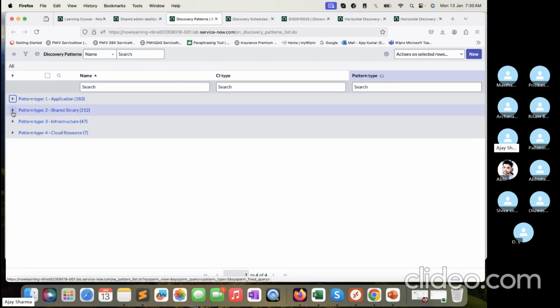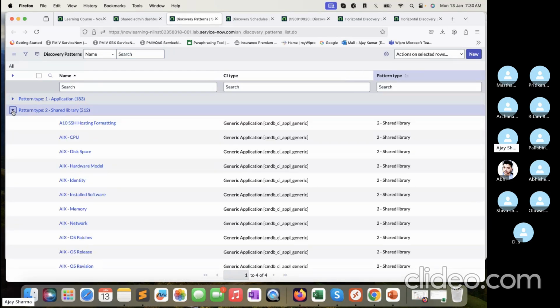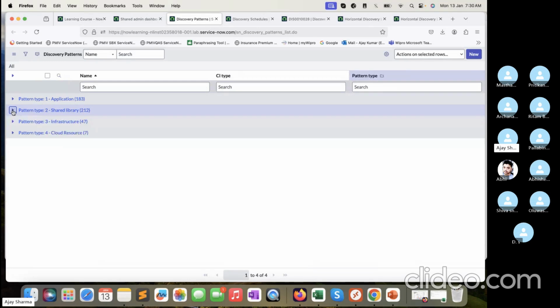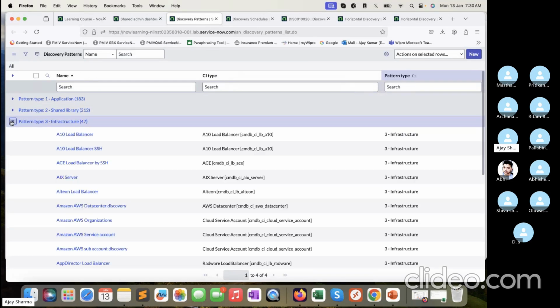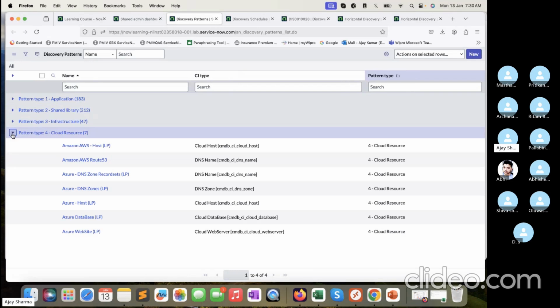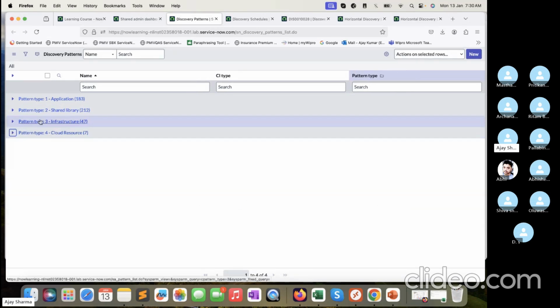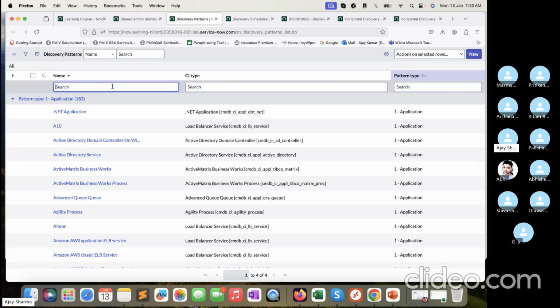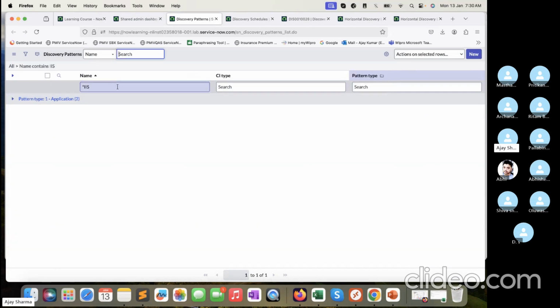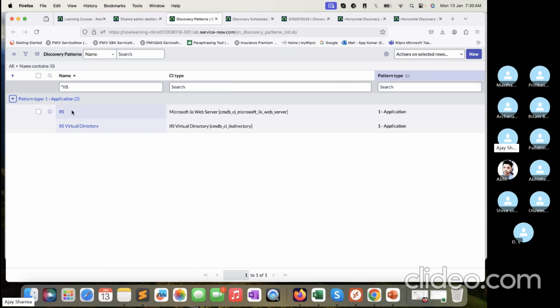Second pattern is shared libraries. Shared libraries are generic patterns which are going to be extended or used by the other main patterns. Other is infrastructure and the last is cloud resource and cloud discovery patterns, basically, right? Now how it's different, if I open IIS just to showcase you quickly, there are two patterns, IIS and